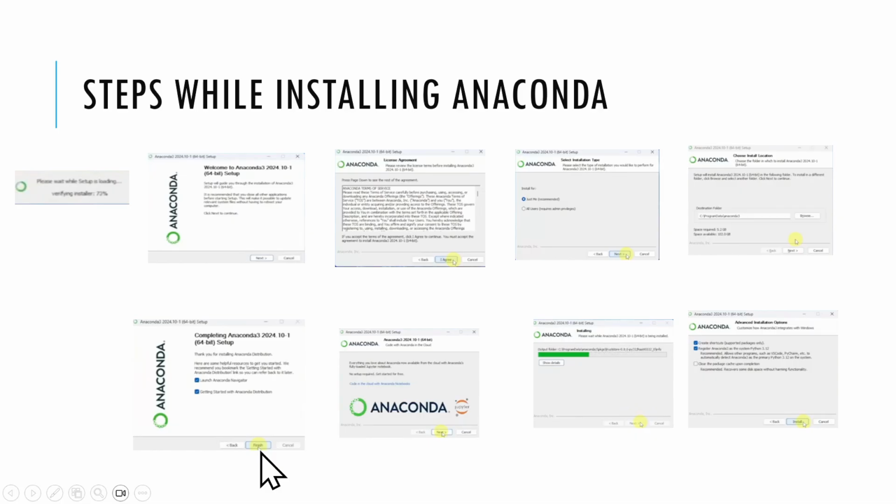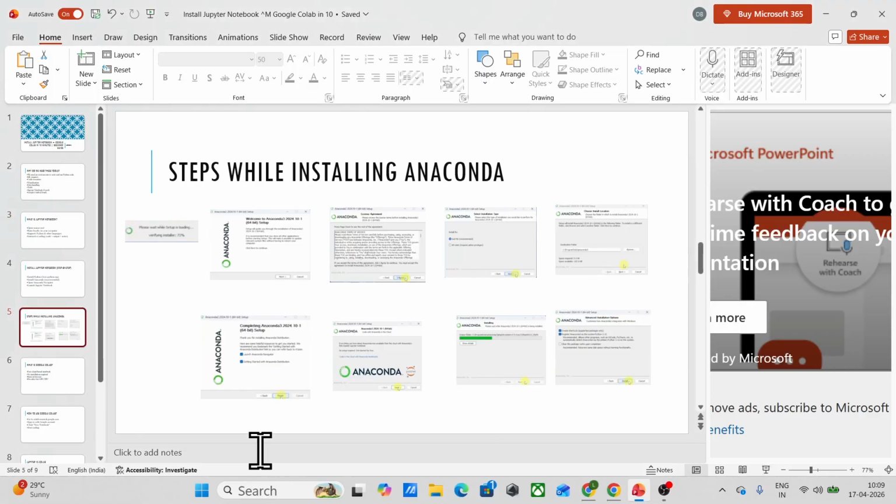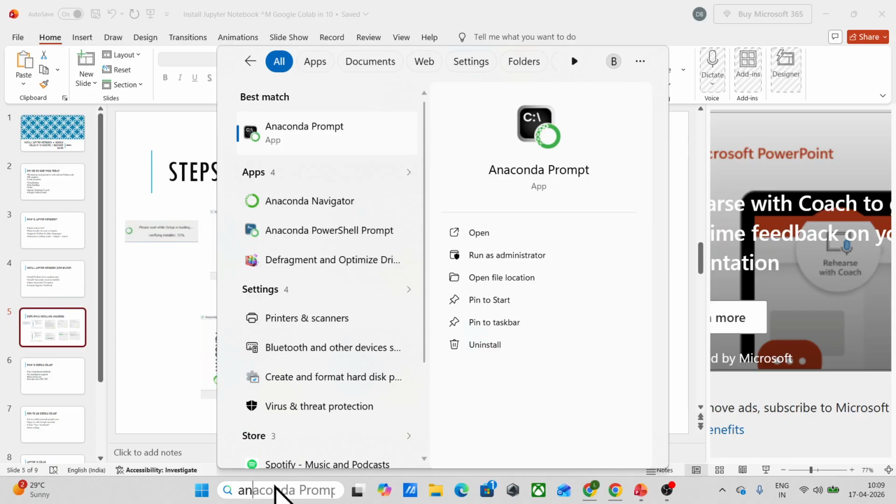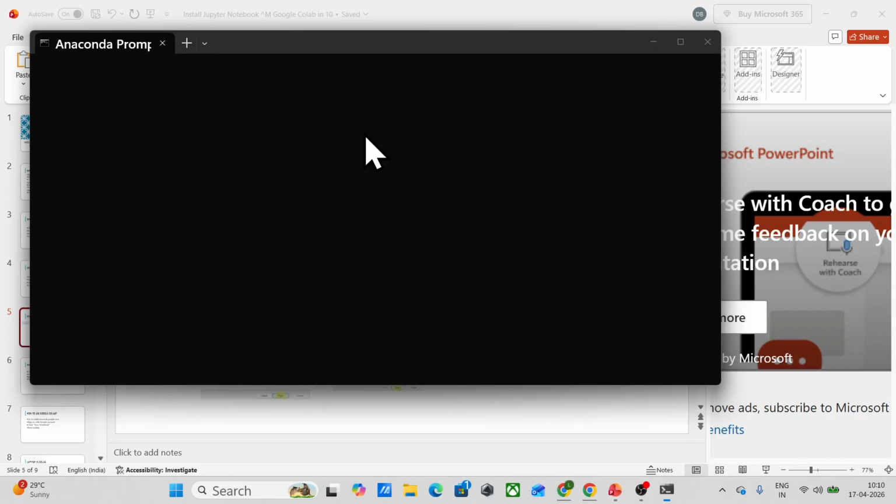After installing Anaconda, you are supposed to go to Anaconda Prompt. Once you go to Anaconda Prompt, you have to type here Jupyter Notebook.